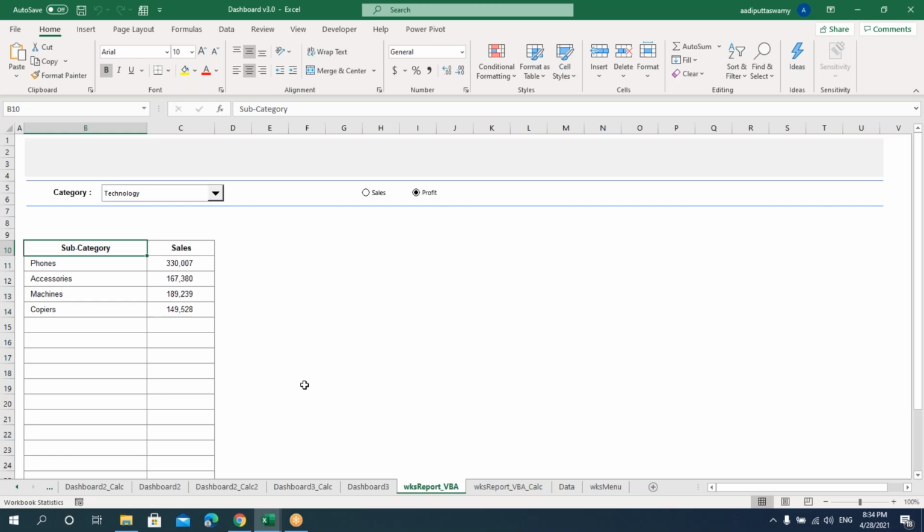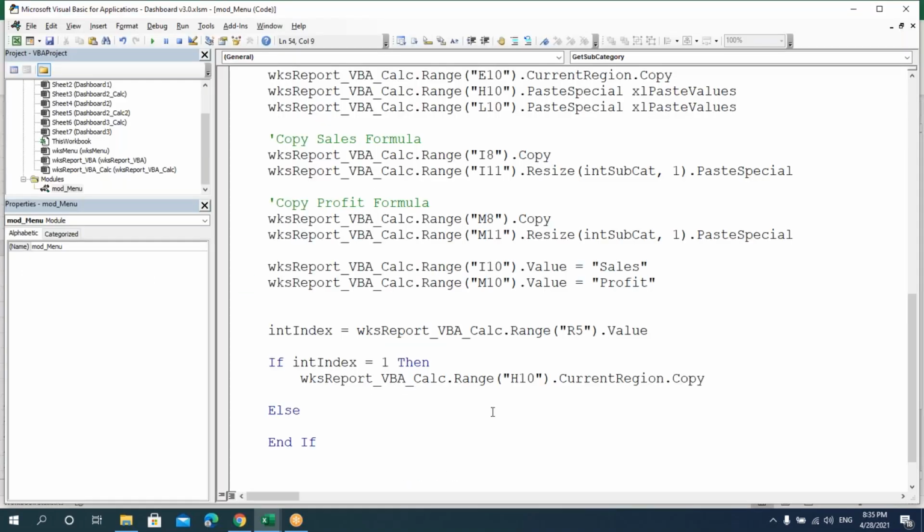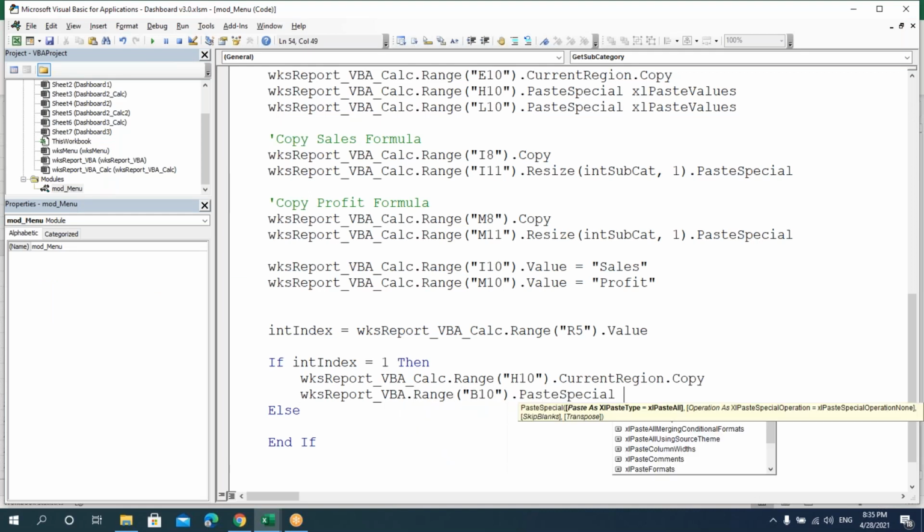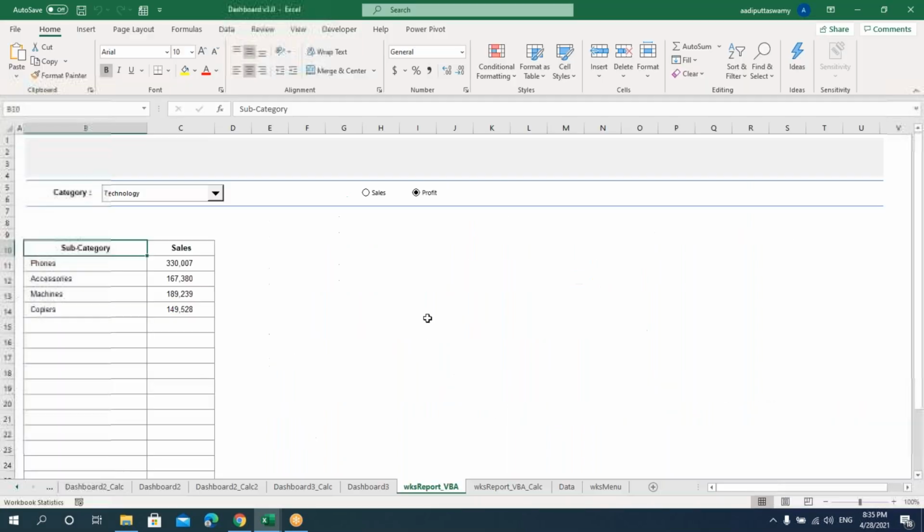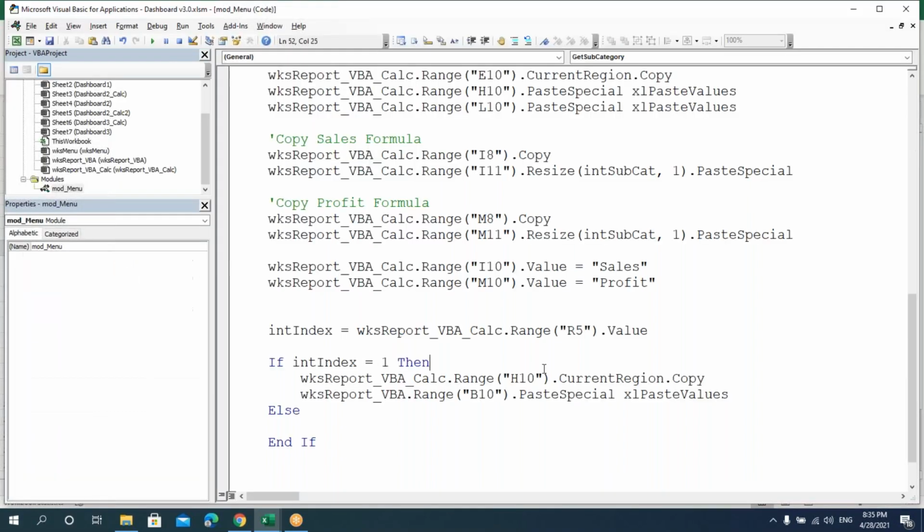And here I'll paste it in WKS report VBA. Here I'll say B10 range of B10 dot paste special and paste it as values because we have already formatted the data. So this format should remain. So let's paste it as values.